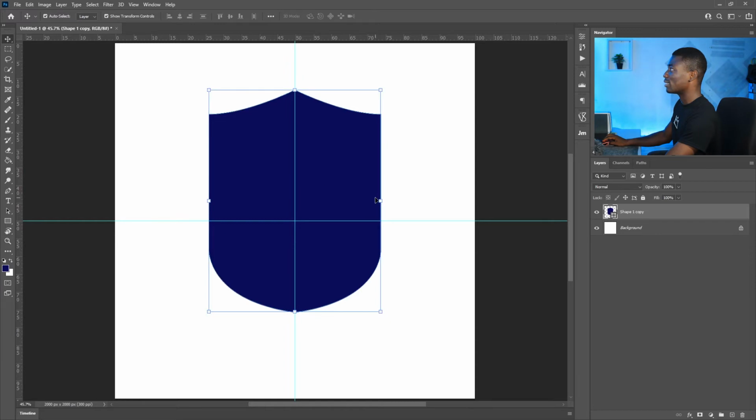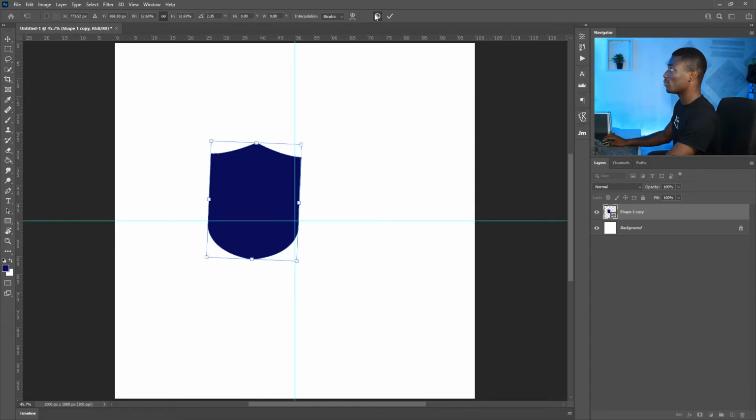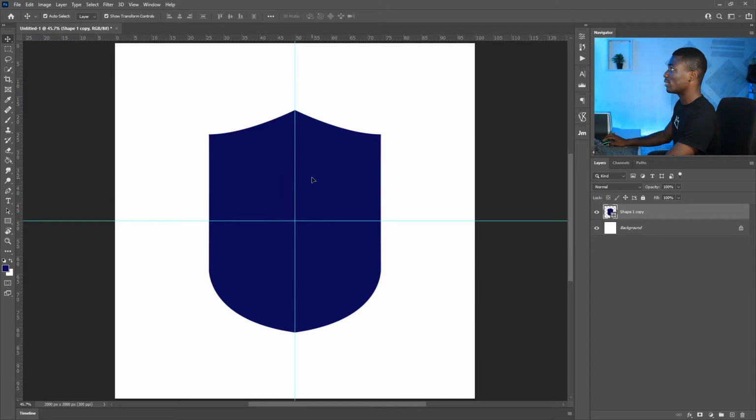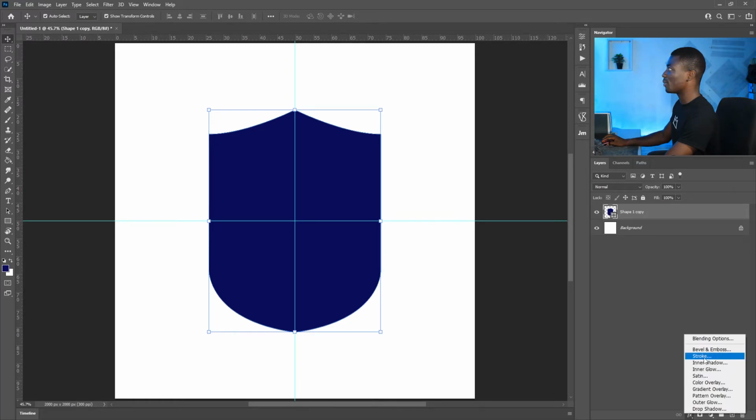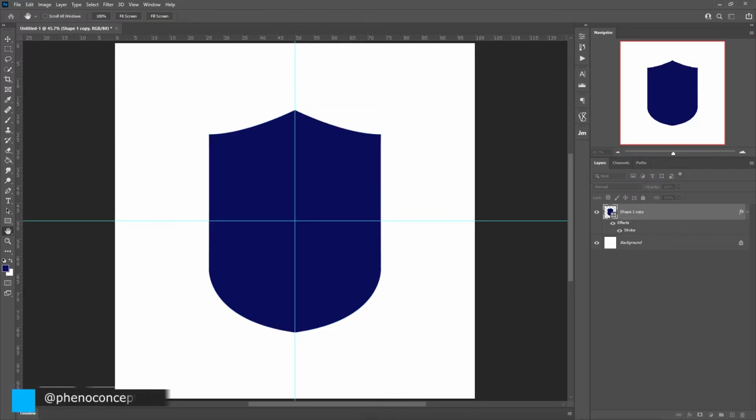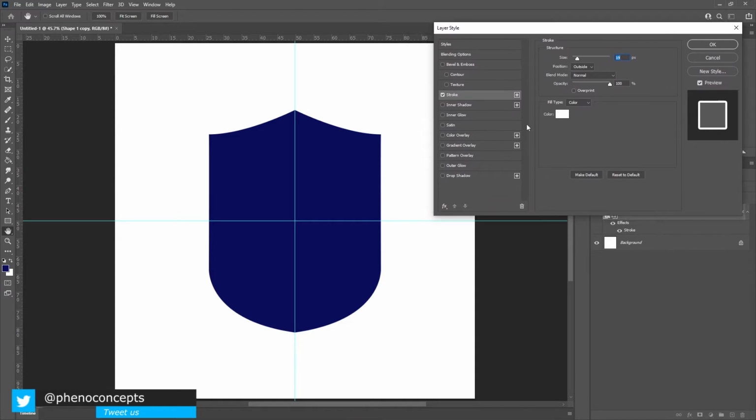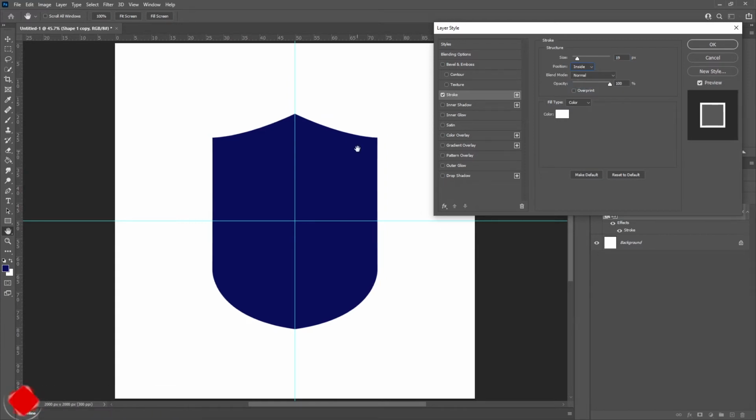So let's place this at the center. So somewhere around here should be our center. So what I'm going to do is I'm actually going to add in a stroke, a white stroke, and then a blue stroke. So to do that, I'll just go into FX, which is down here, second icon from the left, and I'll click on stroke. Now if I bring that up here for a second, you notice that we can't really see what we have. So what I'll do is I'll create the stroke inside. So it's going to be something like this, and still you can't see because the actual shape or the background